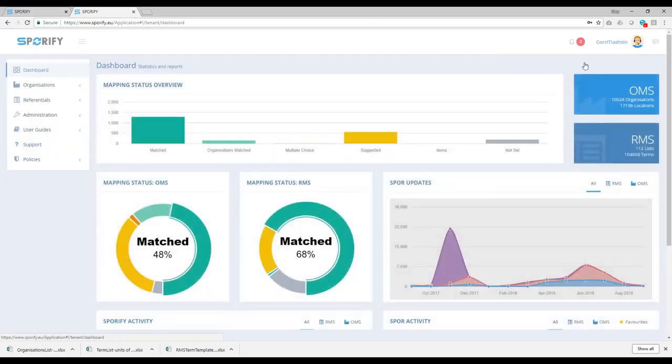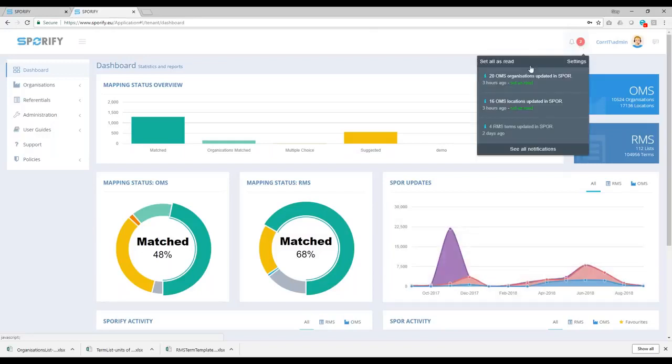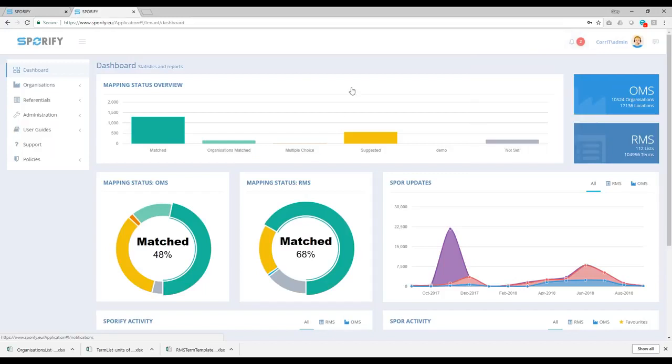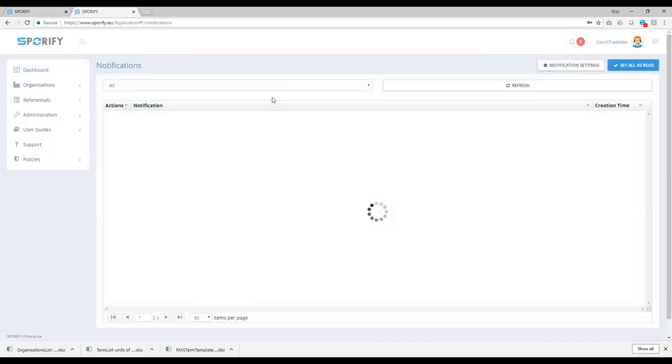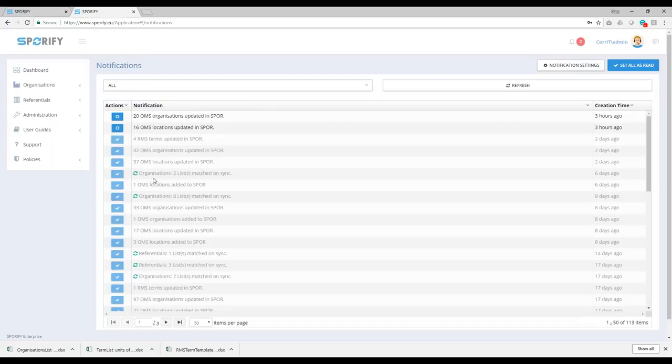So I mentioned briefly notifications. Our notification system sits on top here. And if you click inside, you can see everything that's been updated on SPOR since the last time you logged in. And if I go back into my history of my notifications, you can start to see here that things were being matched on my behalf in the background